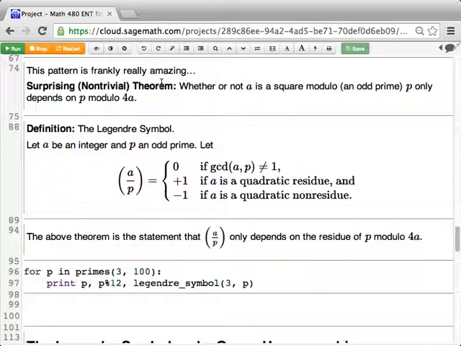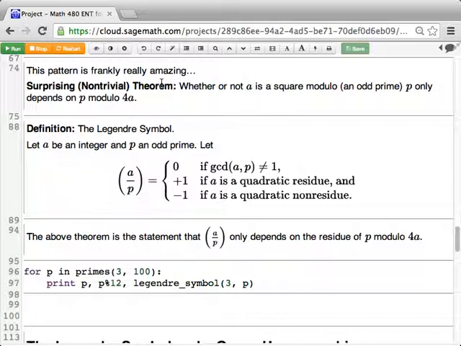I mean, it must have been particularly interesting to Gauss, Legendre, these people hundreds of years ago, when they observed this, because a priori they didn't have any reason for it, no proof of any of this. They just looked, working purely with pen and paper, or pencil and paper. I don't know what they wrote with back then, whatever it was. They made a table like we made, and they saw a pattern, and they're like, we've got to see why this holds. I have no idea why this should happen. But it does. And just to codify what we're doing a little, Legendre introduced a symbol called the Legendre symbol,